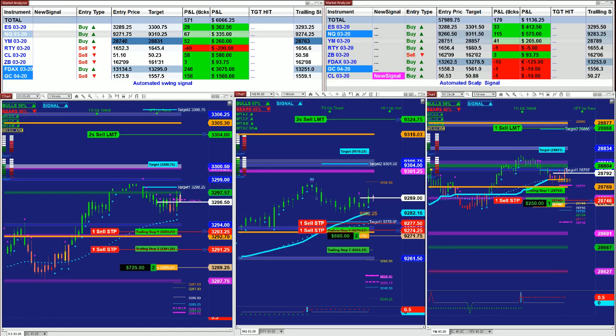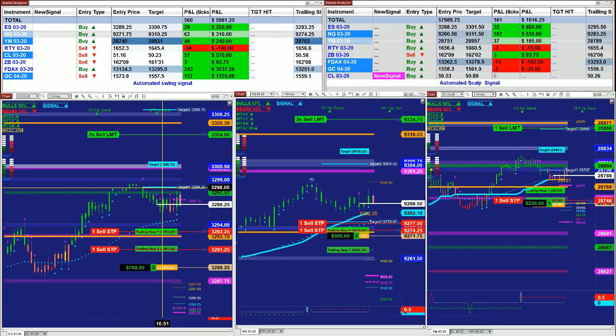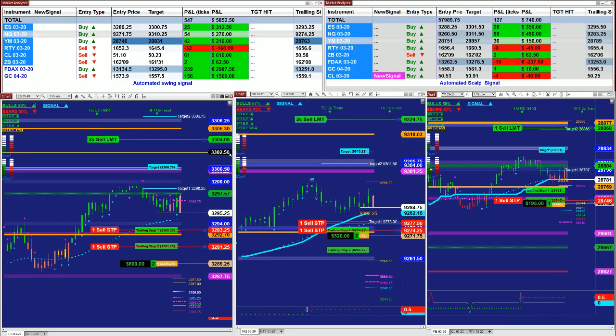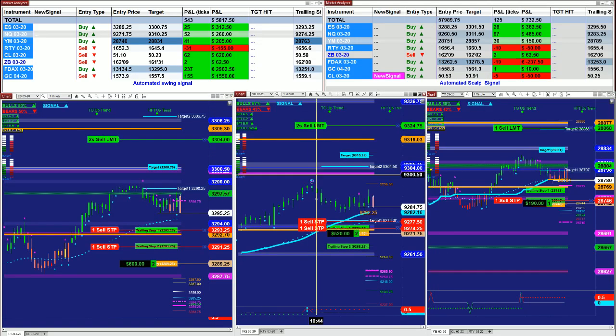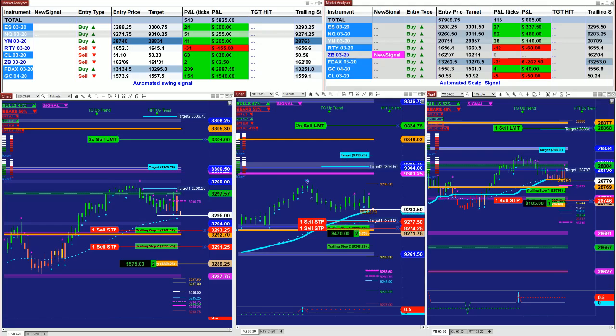As we see here, as an example with the ES, on the target 1, it is an institutional number, profit taking, and we already told you that it is going to be a problem. Where are the problems? We told you where the Nasdaq is going to have a problem, right here. And now, as you see, this market starts sinking, and it is profit taking, and God knows where we are going with that. So